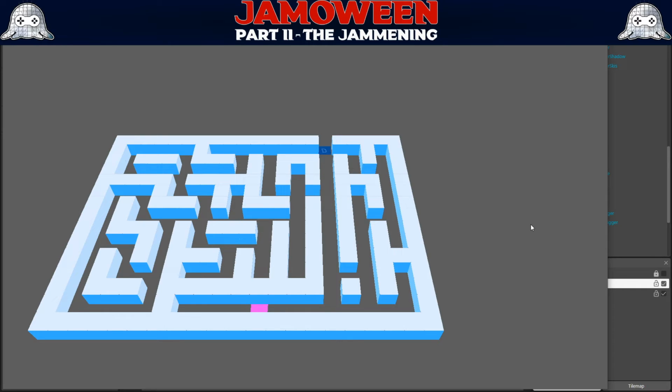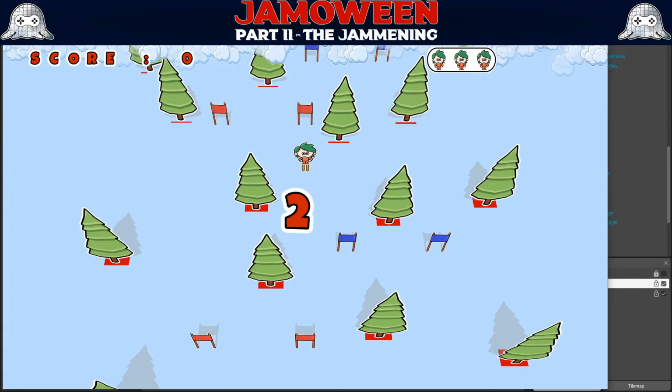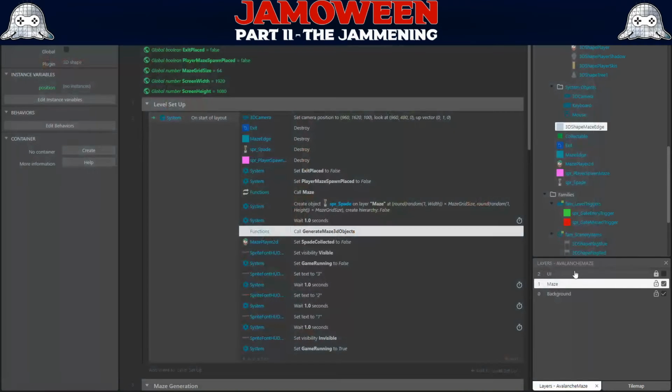That's the spade. The UI's not popping up because I've currently got that hidden, so